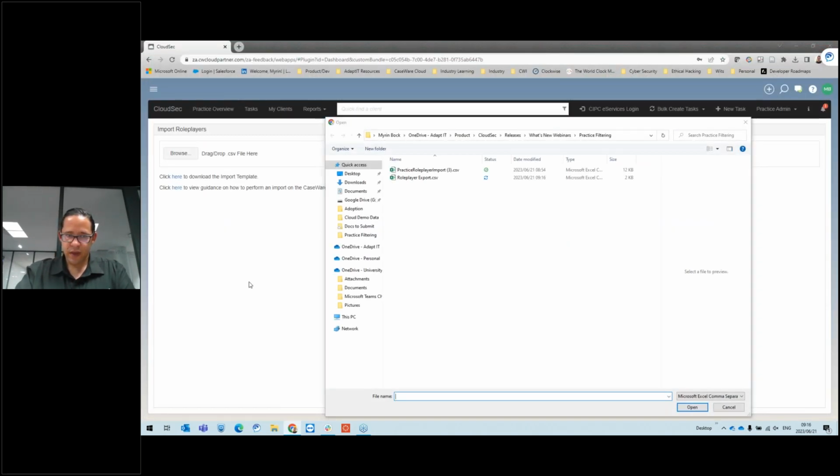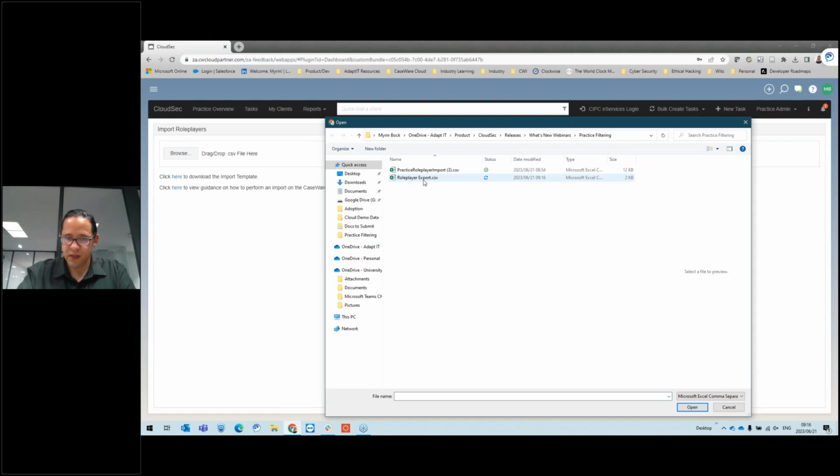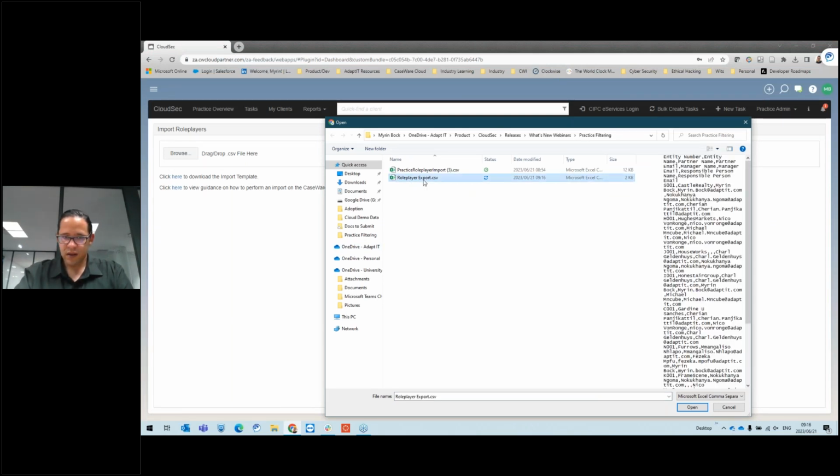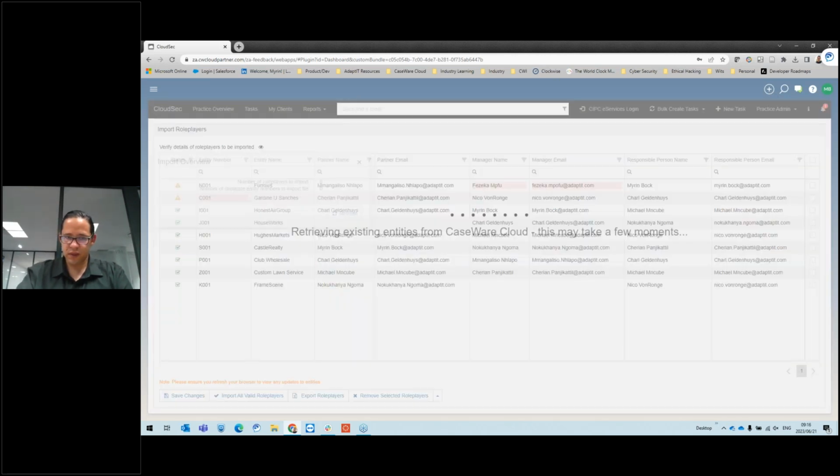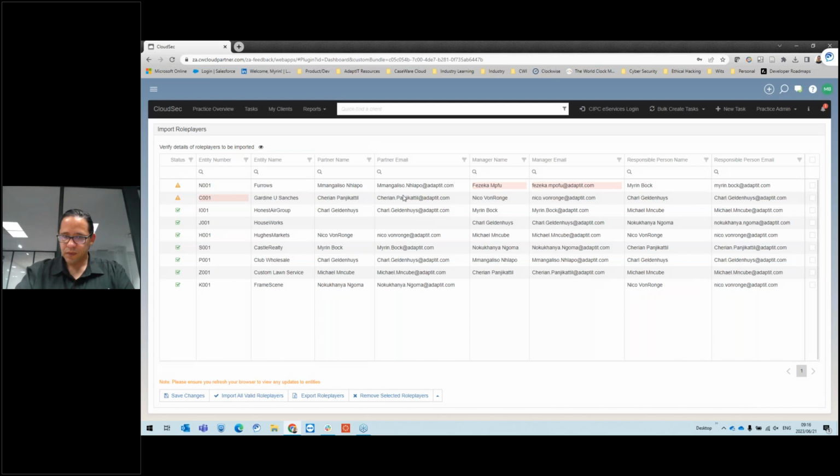Now if I go back here, I'll see there's the CSV that we just saved. I'll double click that. Again, the same import overview, click refresh, and we'll see those two records are obviously still invalid. Okay, so the next thing we want to do is continue with the import. But actually, before we do that,